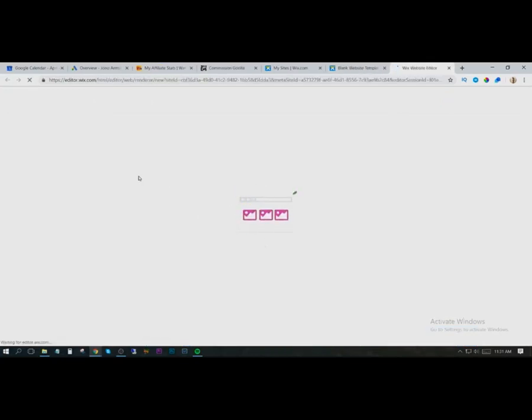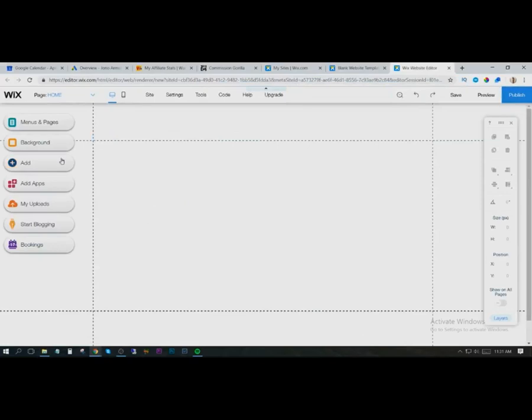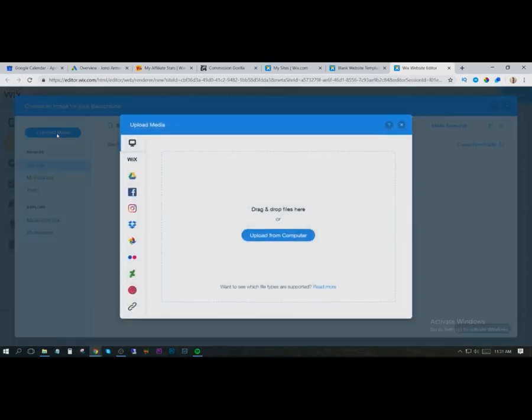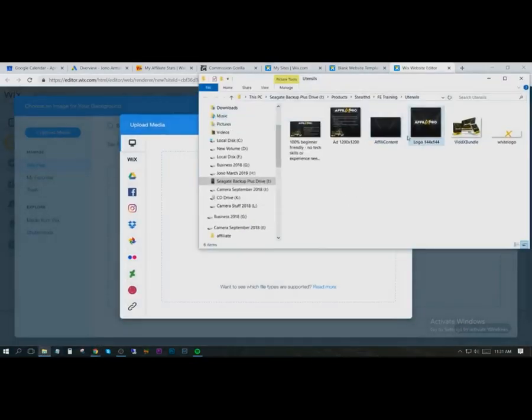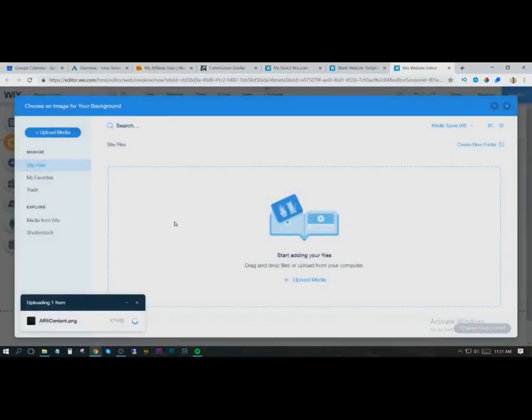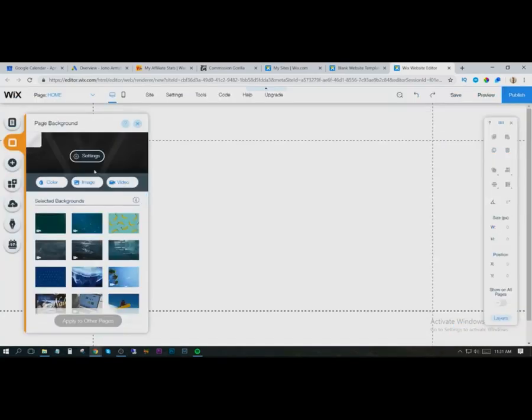and what we want to do here is we've already saved a lot of these background images and stuff from the product that we're promoting. So we're just going to click on background, we're going to choose image, we're going to upload media, and we're just going to go and drag this background from Affiliate Pro. We're just going to drag it in there, wait for it to load up, and this is going to be the background of our bonus page. Okay, so we're going to use this background,